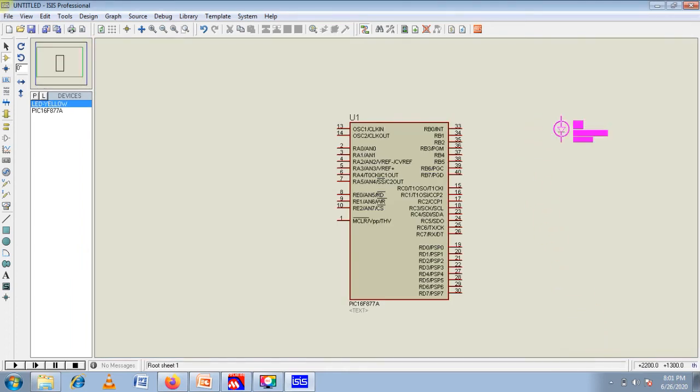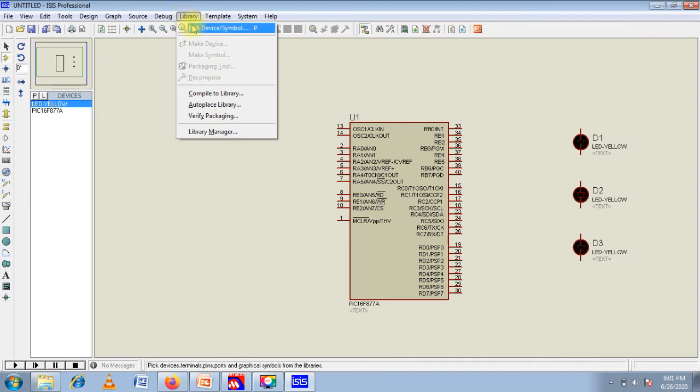Now we try to connect two or three LEDs with respect to port B, because all the port B pins we configure as output. So we have to click one more LED. Then we need to attach a resistance in series with respect to the LED.